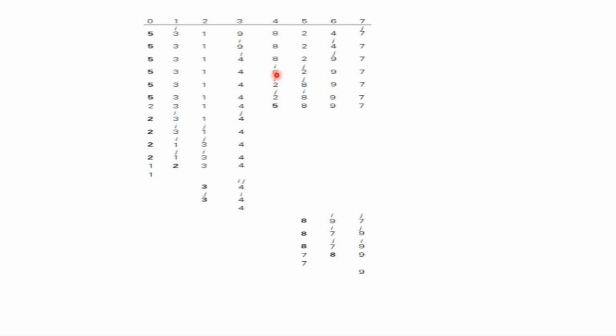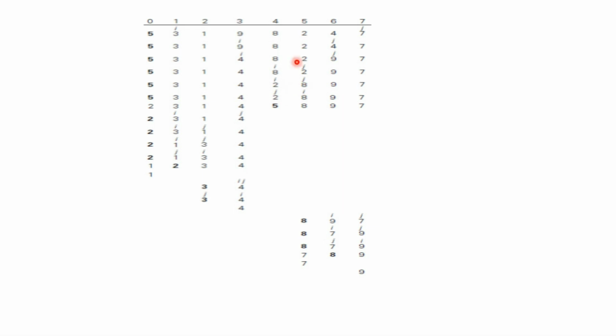Now 8 is larger than 5, so you need to stop the scan here. Continue the right to left scan. 2 is lesser than 5. Once again i is less than j, so you need to swap the ith element with the jth element. So 2 comes in the place of 8, 8 comes in the place of 2. Once again what you need to do? Increment i and decrement j.